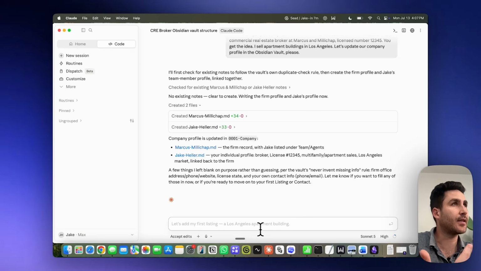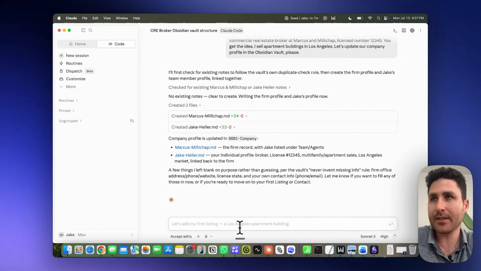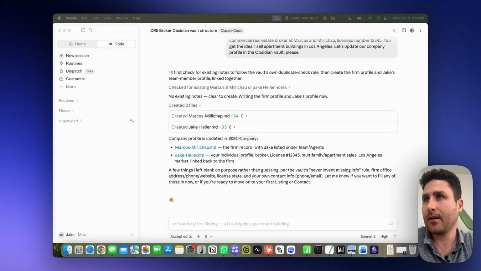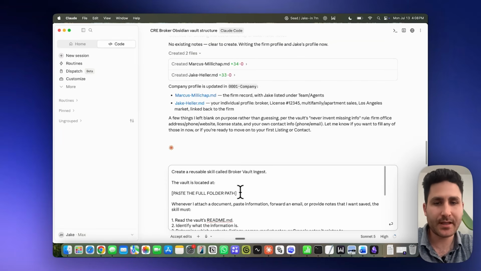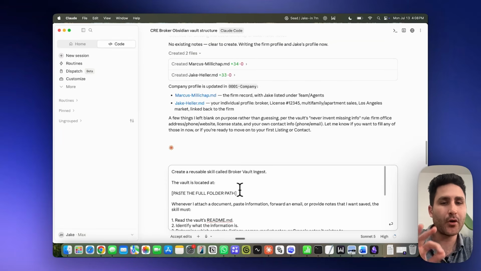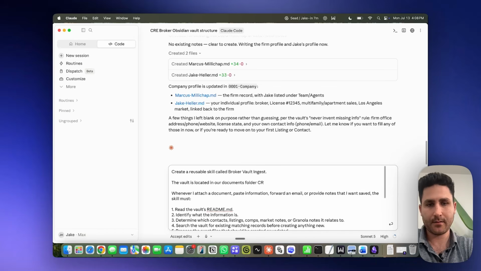This is the ingest skill. All right. So anytime we trigger this skill, the AI is going to process that information intelligently and then store it in the right locations of our vault. So let's go ahead and do this. I already put a little prompt together for us, guys. And we want to create a reusable skill called Broker Vault Ingest. All right, the vault is located in our documents folder called CRE Broker